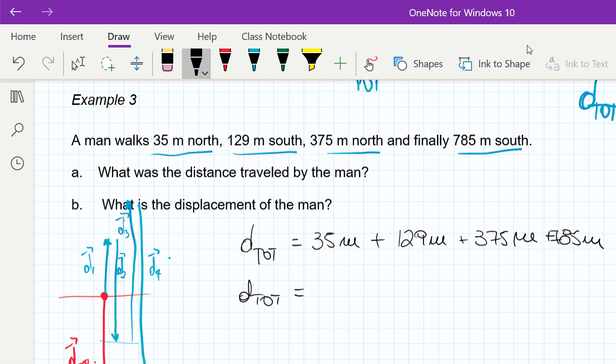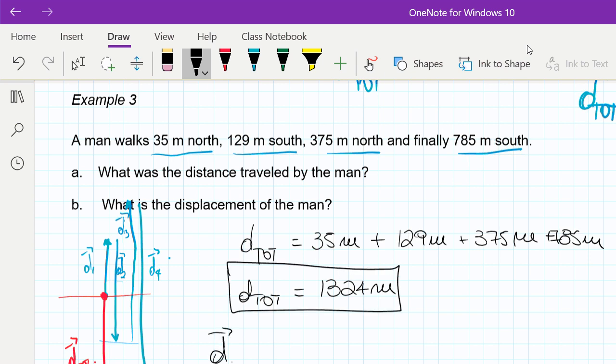So the total distance will be, what is it? 1324 meters. Versus the total displacement will be adding vectors D1 plus D2 plus D3 plus D4. And since those are collinear, in the same line,